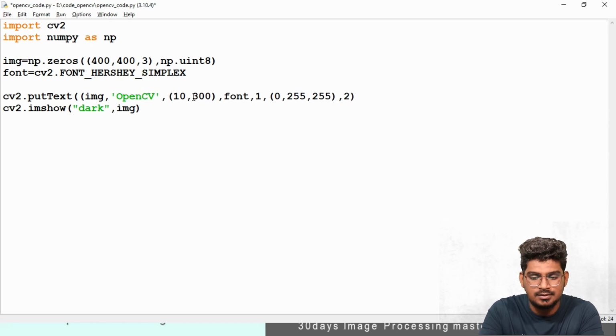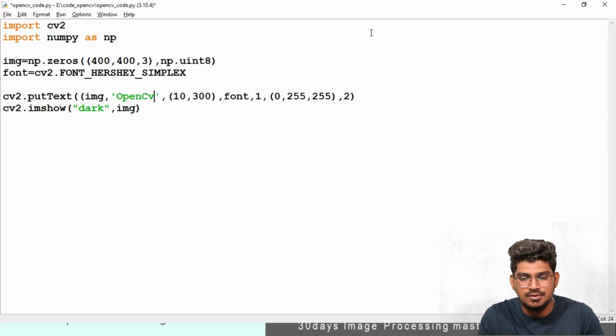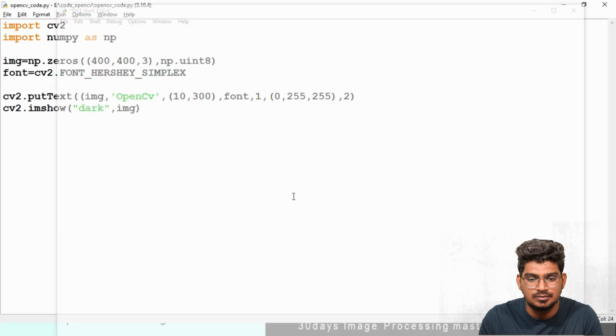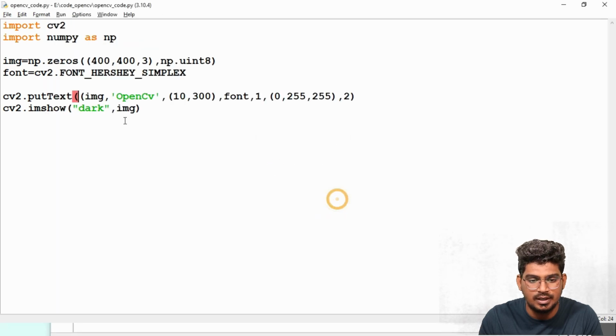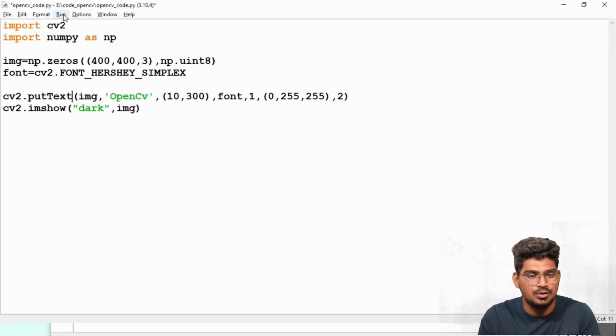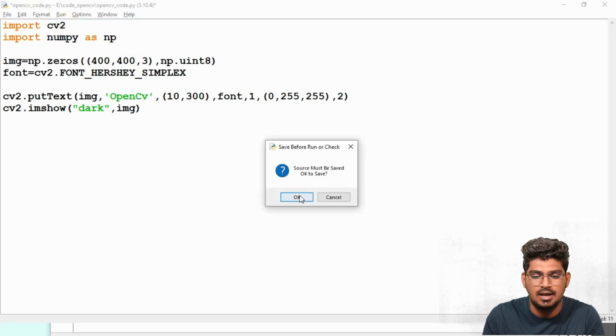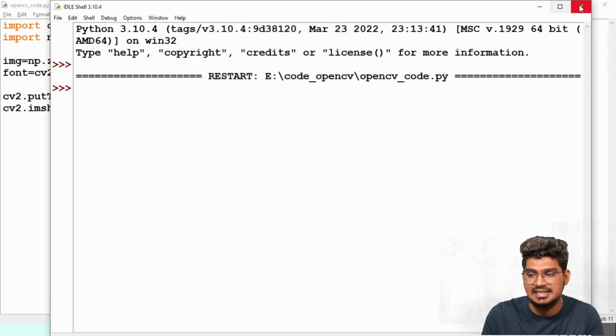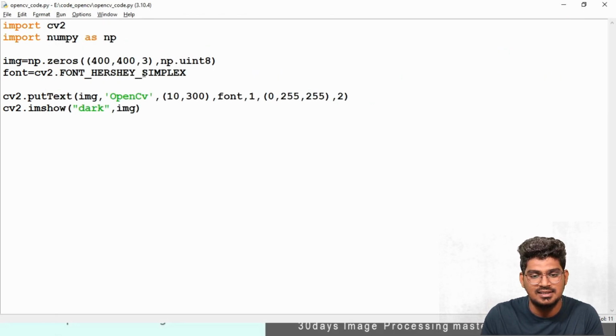Okay, then what is the output now? Yes, font and range and this one. Now I'm going to run this. Sorry, and going to run this. OpenCV. Okay, if you want a different font style, we'll check it in